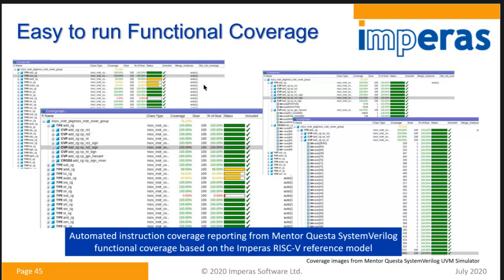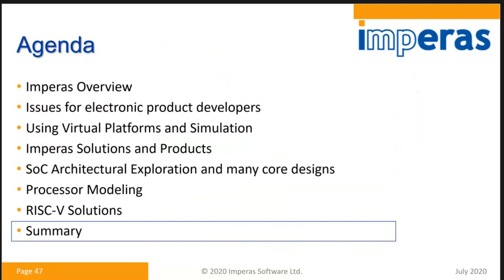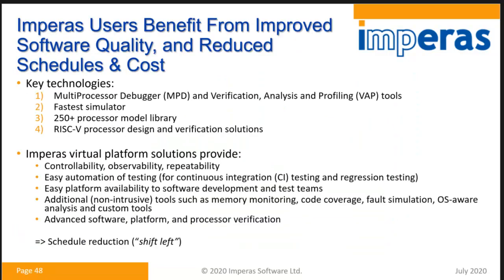You can also get things like the coverage. That's an example of Mentor functional coverage coming out using it. And we have a collaborative design flow where we've been working with companies such as Andes, who use this as a reference, and UltraSoC on the debug side of things, so that there are flows coming together between different companies in the RISC-V ecosystem. So to wrap up, our users benefit by getting better quality using our technology,